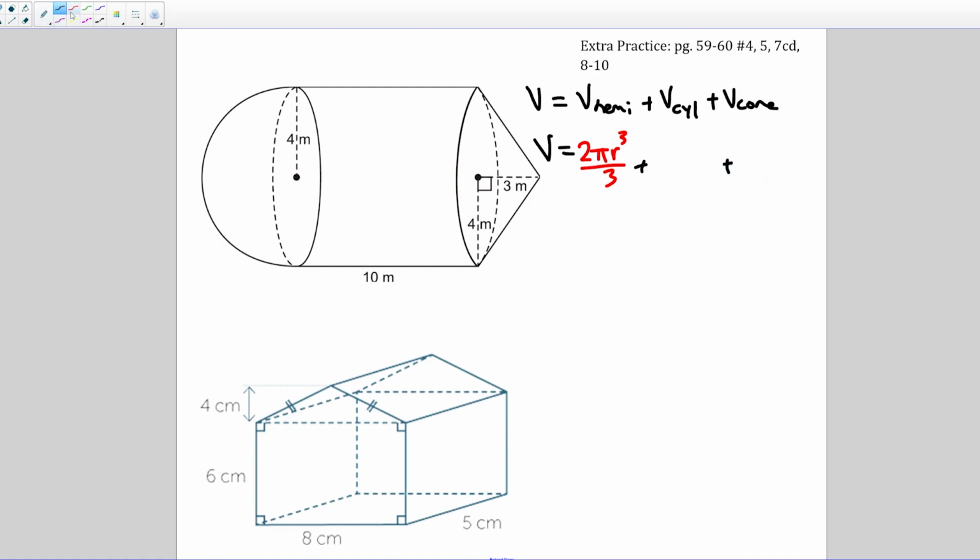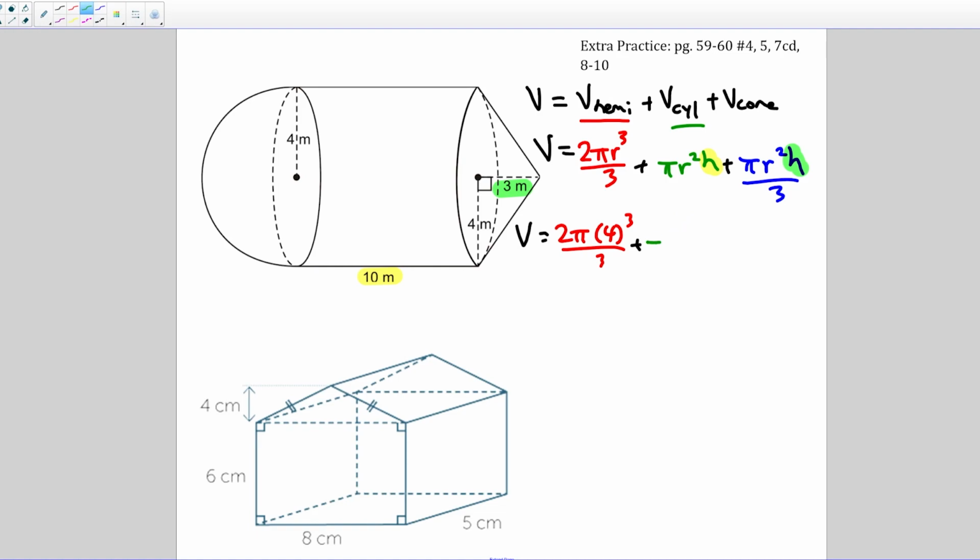plus our volume of a cylinder, which is pi r squared h, plus the volume of a cone, pi r squared h, divided by 3. And again, the only tricky part about this that I can potentially see coming up is we've got the height of your cylinder. It's going to be this guy. And then we've got the height of your cone, rather, is going to be this guy. So just make sure that you are aware that h is going to be different for each of those. So you got 2 pi times 4 cubed over 3